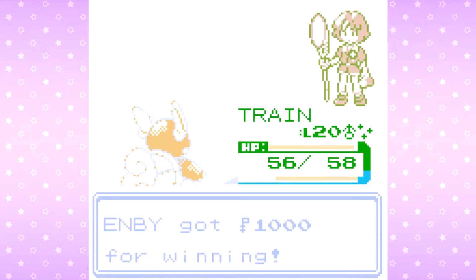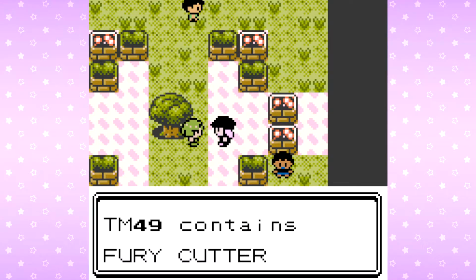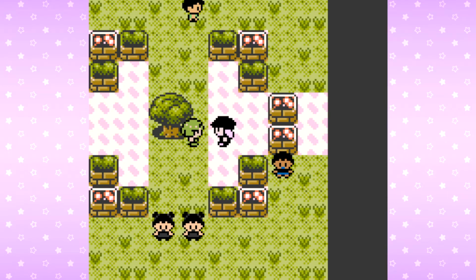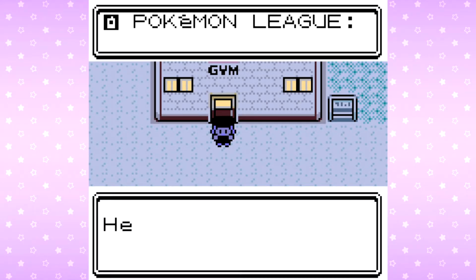We take care of Bugsy on the rematch because, you know, we're 10 levels above. We get our first badge, and then, what do you know, the TM that we get is actually Fury Cutter, the move that took us down in our first match with Bugsy. So you know what, Bugsy, you'll be in my memories for a little bit. We had a cool little first gym fight where you go crazy on me,